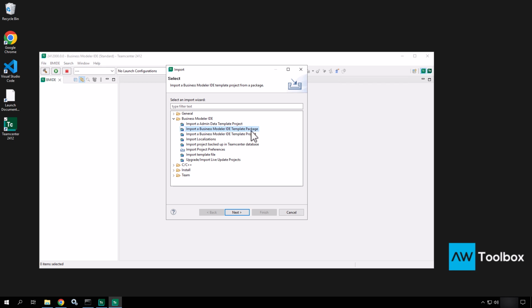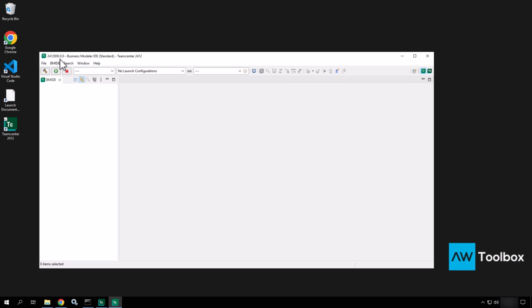And the way you know is if you go into the folder, go into a folder deeper, if there's a zip file in that folder, then it's probably the package. If it looks more like what you would see up here in the BMIDE window, then it's probably a project. And it will tell you on the next page if you have the wrong one, so no harm, no foul. You can also connect to Teamcenter and import a project from the database. So you just need a connection to the database to do this. So we'll go through imports a little bit later, but for now, let's just go say File, New,